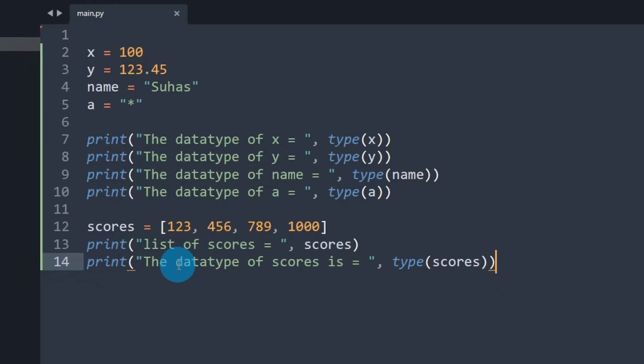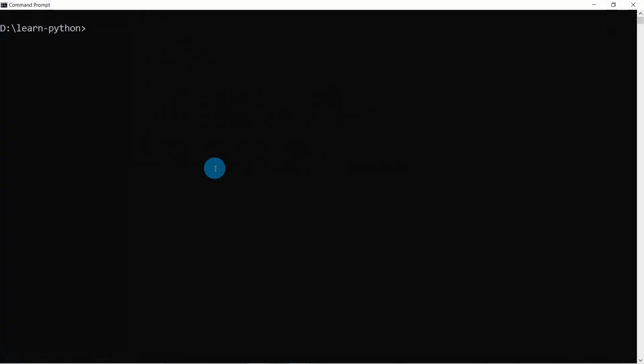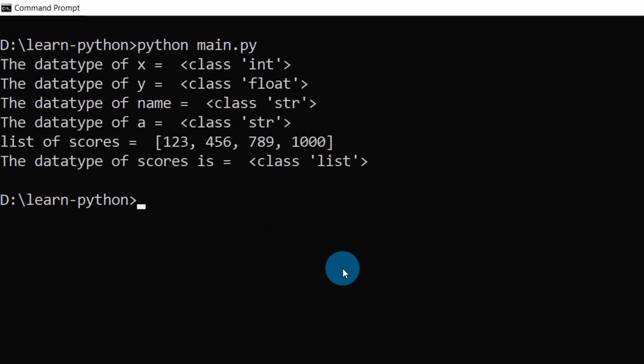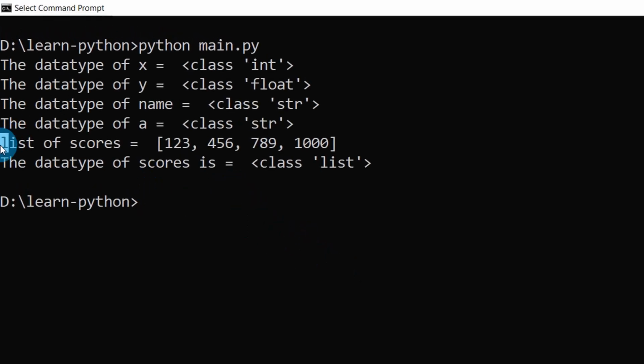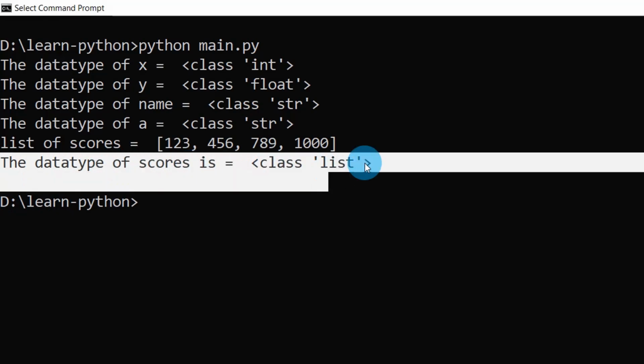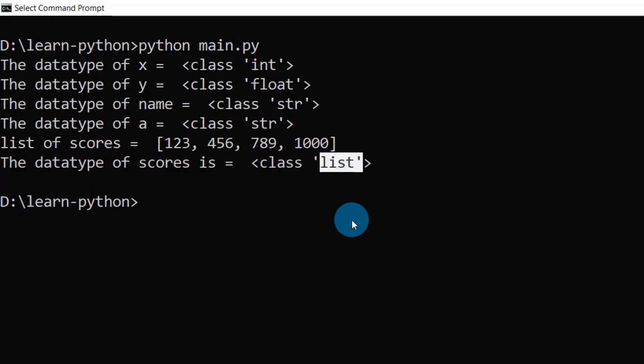I'm saving the file. Let's run the program. See, the list of scores is whatever data we stored, it just printed as it is. And in the next line we printed the data type of scores, which is list here. Okay. So it's a collection of data.